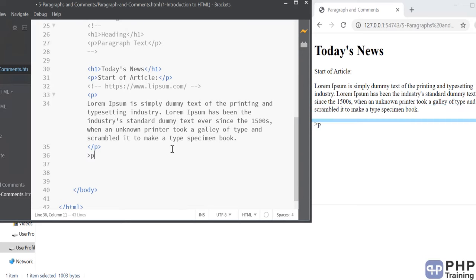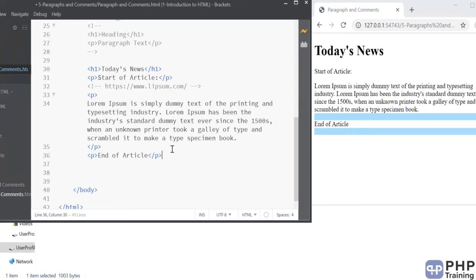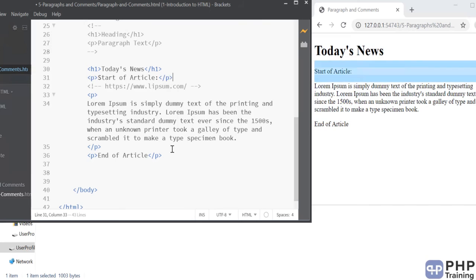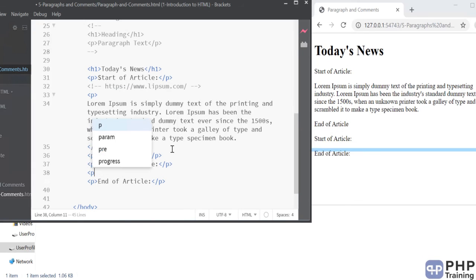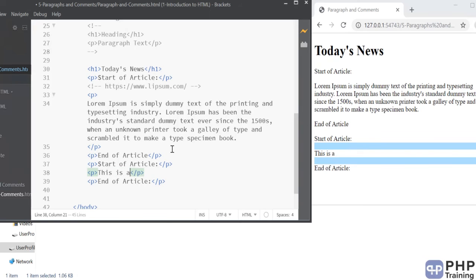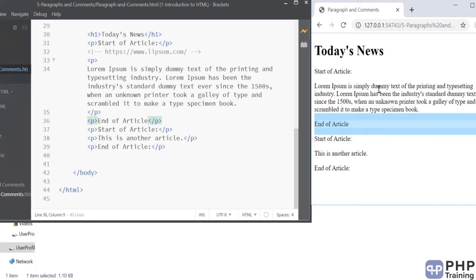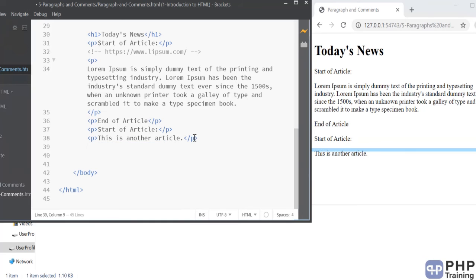Now I want to end my article, so I'm going to add one more paragraph to it and say end of article. Okay, I can even say start of another article and end of another article. Right, so if you observe properly, every paragraph is a new line here, even though the paragraphs are not written on a new line here.